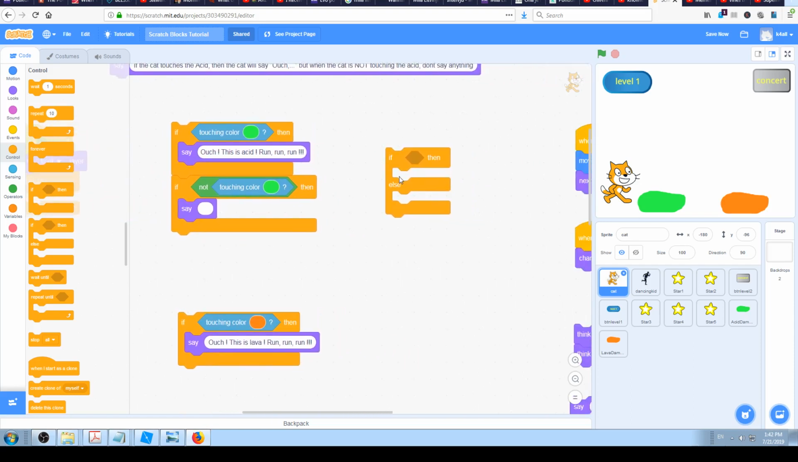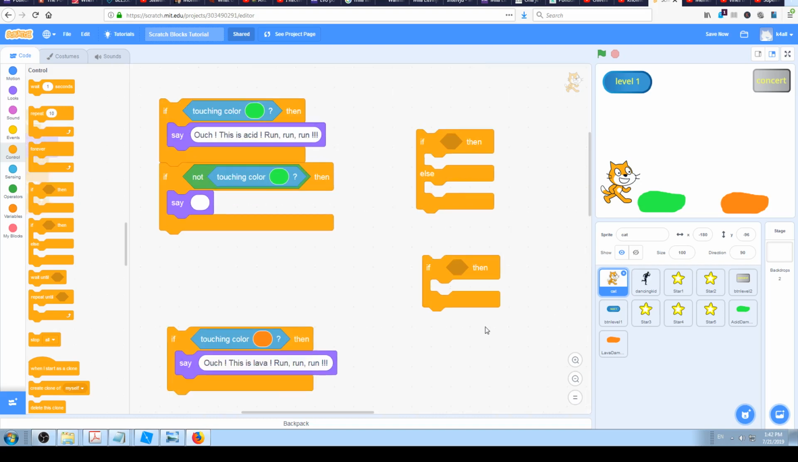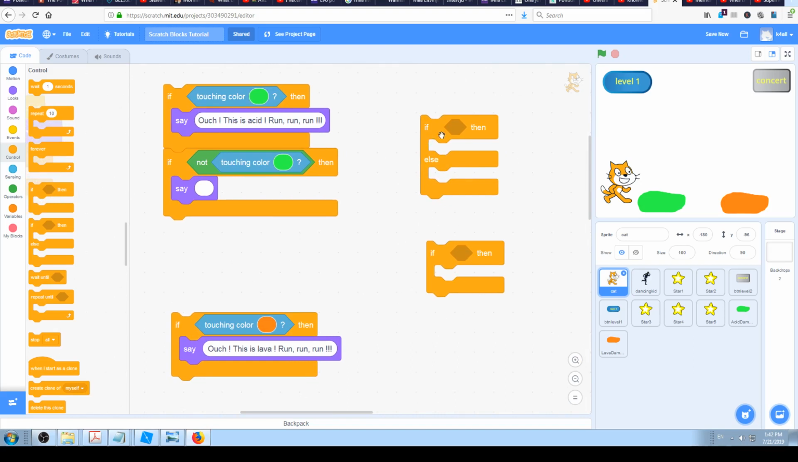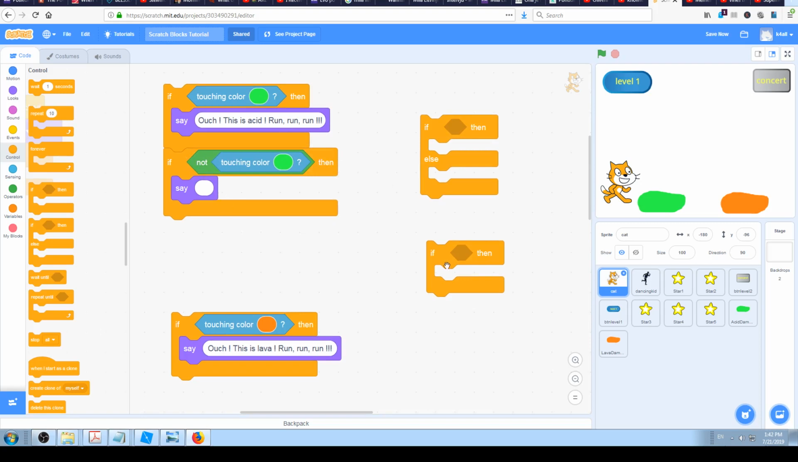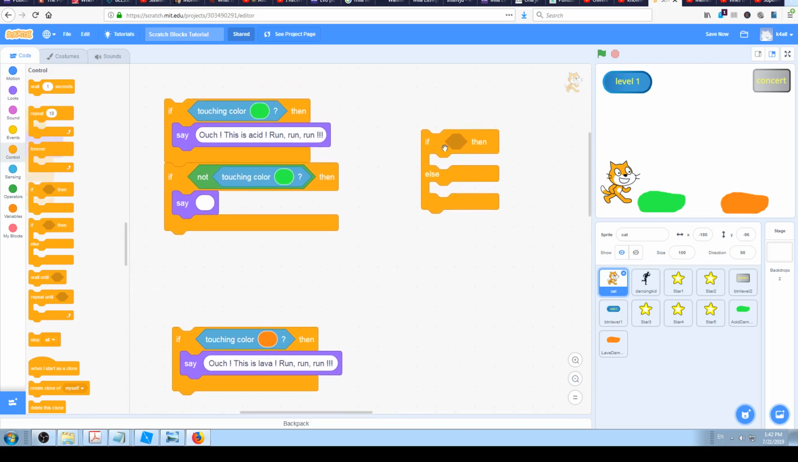This new block which we have dragged and dropped is very similar to this if then block. It only has one more action in it, this else, and the whole idea with this else condition is that it's replicating this negation, not. So in short, you will use this if then else block when you want